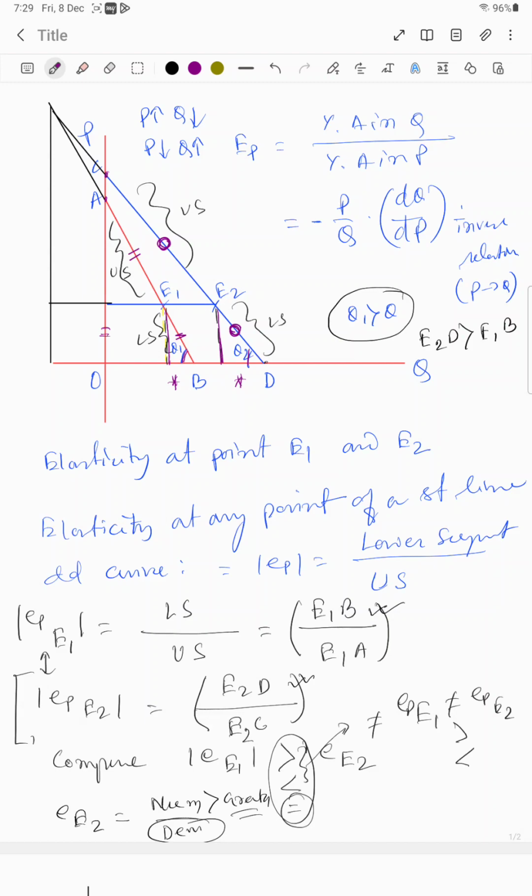That just means this line is larger, and the upper segment and lower segment are larger again. So it's the same thing. If we take the formula dQ by dP into P by Q, so dQ by dP is